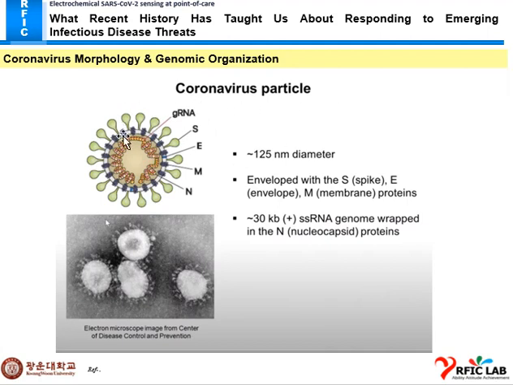Coronavirus particle. Basically, a coronavirus particle is about 100 to 125 nanometers in diameter, enveloped with spike and E envelope membrane proteins. A 30 kilobase single-stranded RNA genome wrapped in a nucleocapsid protein. This is an SEM image. Here we can see